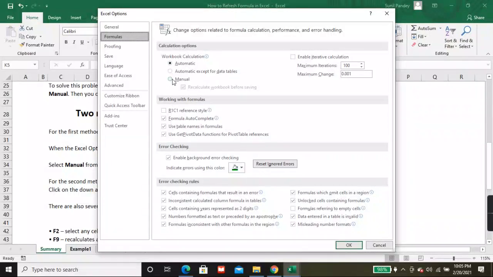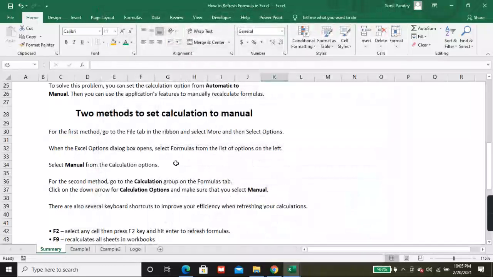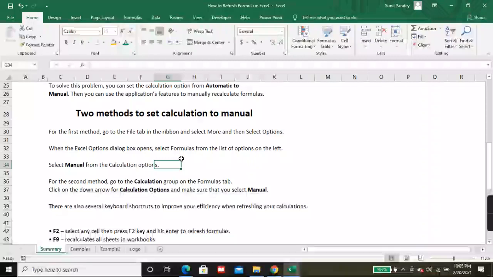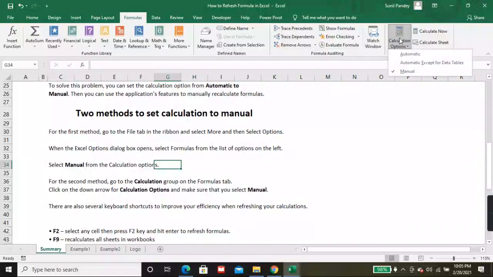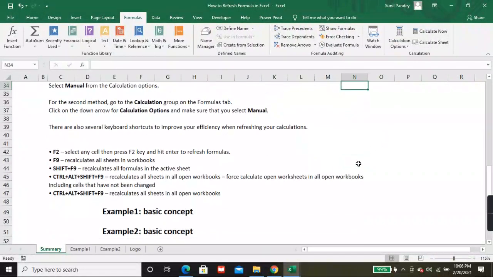From here you can click on Manual, click OK. This is the first option. The second option is very easy. You simply go to Formulas, and here is Calculation Options, and here you can select from automatic to manual.